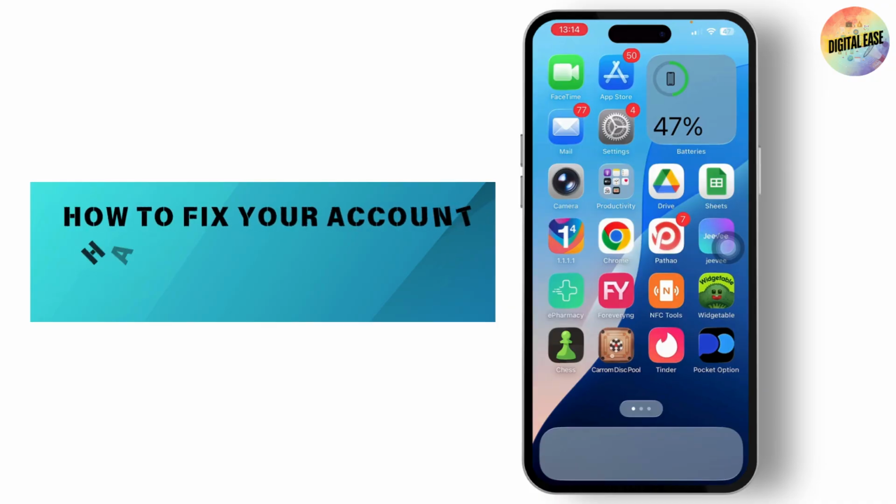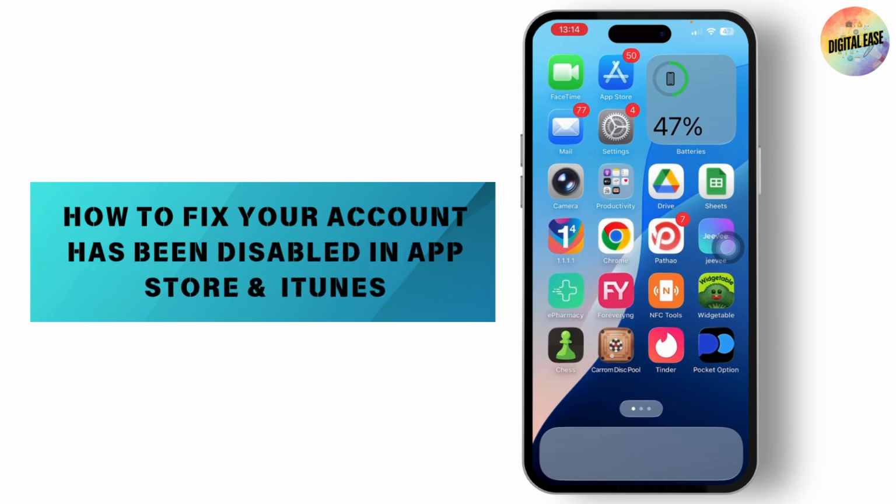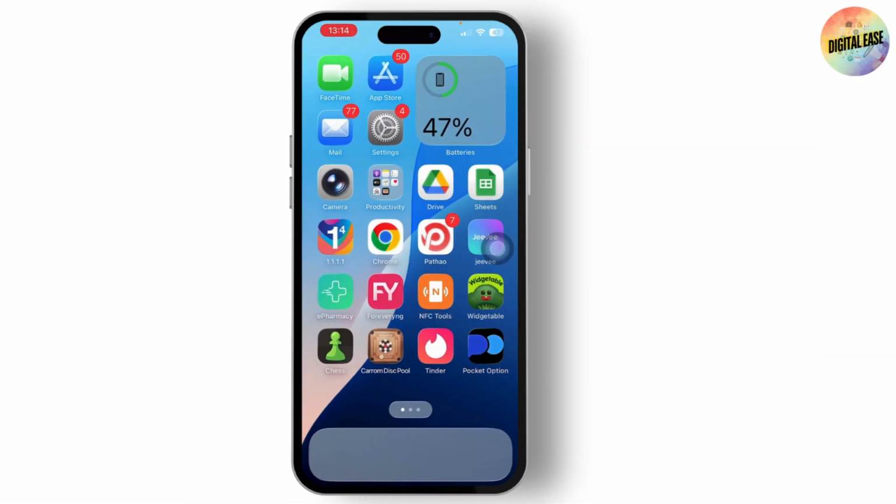How to fix your account has been disabled in the App Store and iTunes. So if you want to fix your account has been disabled in the App Store and iTunes, then what you